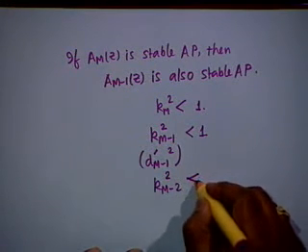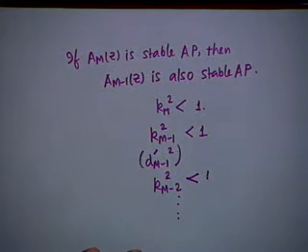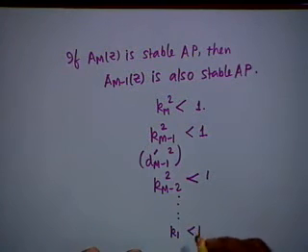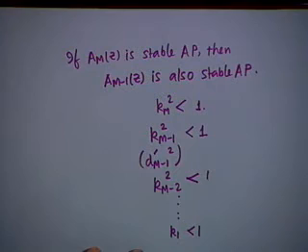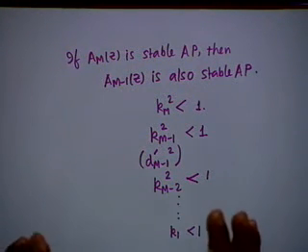That should also be less than 1, and we proceed up to the first order, that is K_1 should also be less than 1. So, this is the stability test. Given the transfer function, is the proof clear? Is the logic clear? Why it is so? It is very important that you understand the logic. It is one of the most beautiful theorems in DSP, which shows how to avoid all these root finding.